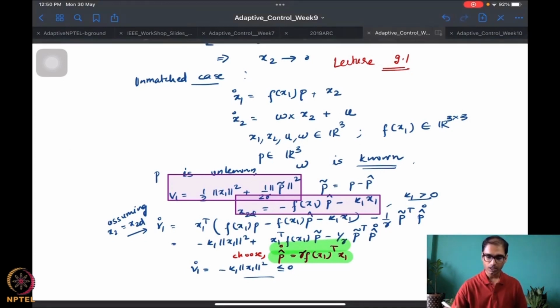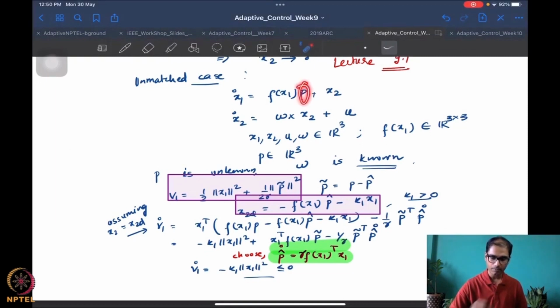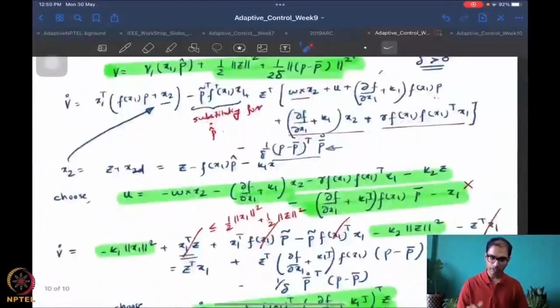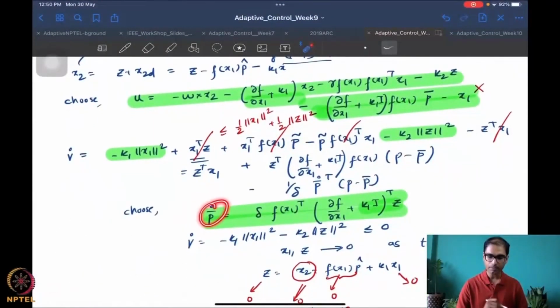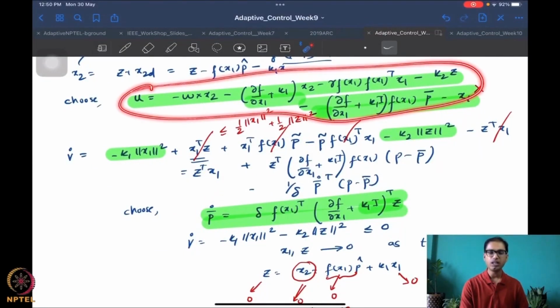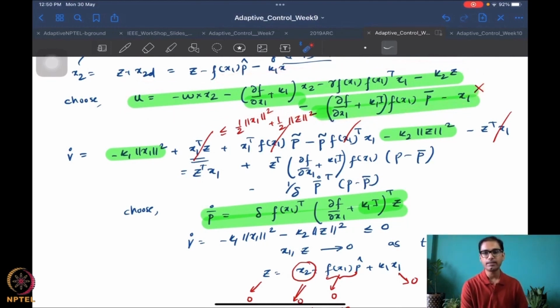The unknown was unmatched, therefore we assume that the p is unknown, and for this unknown p quantity we actually designed an adaptive integrator backstepping based design. So we came up with two different parameter estimates, p hat and p bar, with update laws and a feedback controller in order to stabilize the system, that is drive x1 and x2 to 0, right? So we continue to look at these